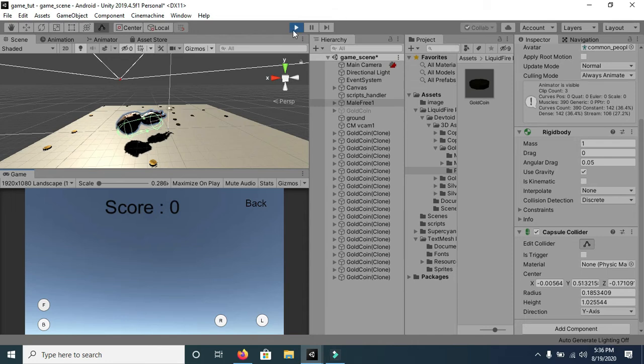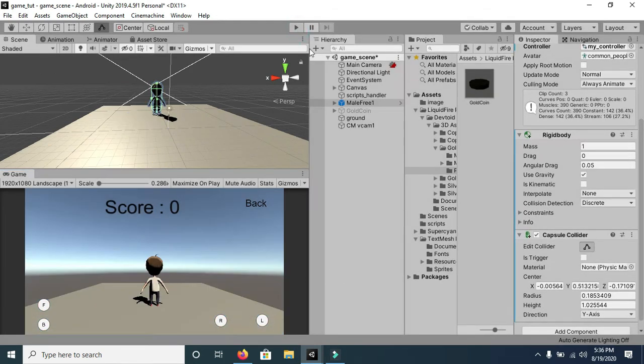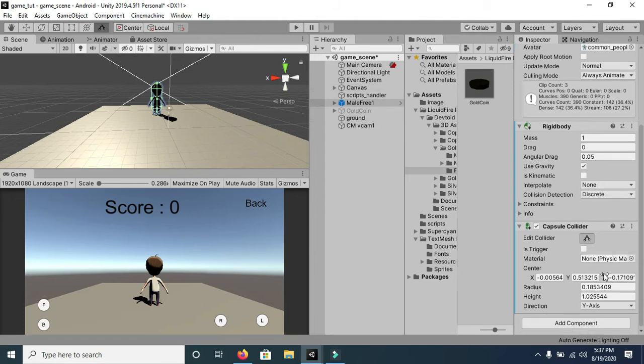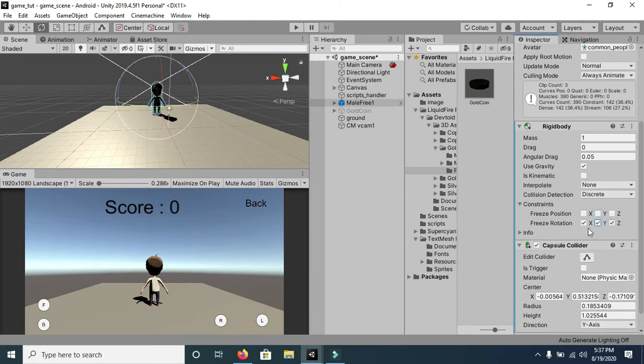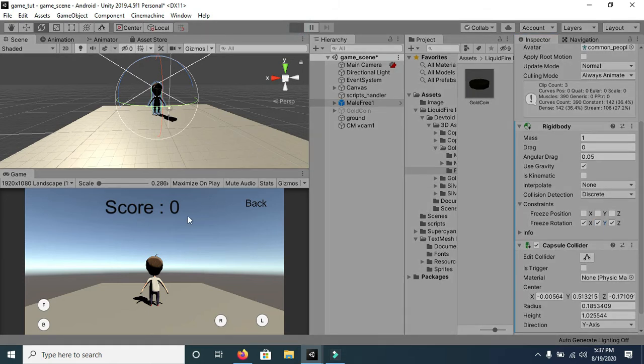Now we don't want this. We want to move our player in x, y and z directions, and we want it to rotate only in the y direction. So we just have to freeze its rotation. We will freeze its rotation in each and every direction, so that if any game object collides with this player, there will be no effect on this player. This player will stand still.